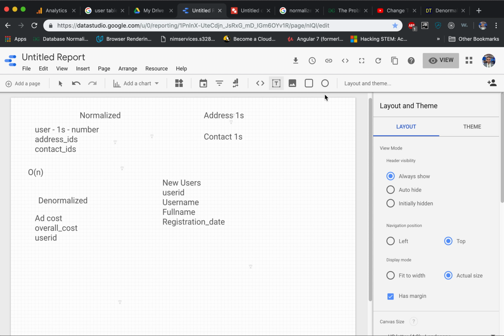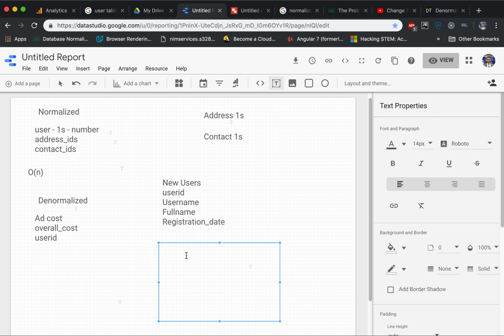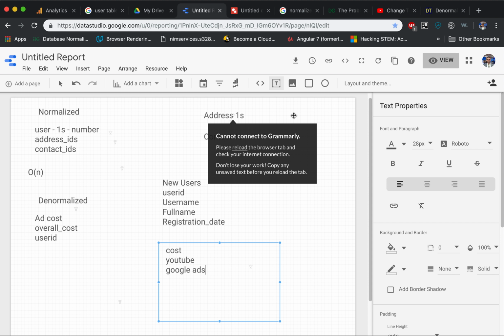But by creating only one table, like a cost table, and here you create a YouTube column, then a Google Ads column. So you are saving, basically, 1 second from each table, because